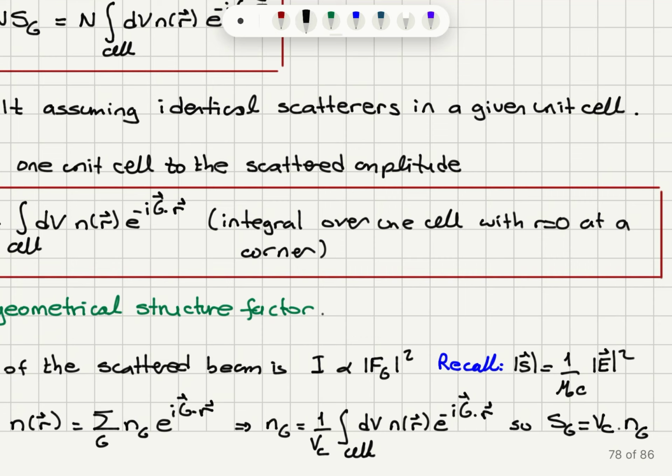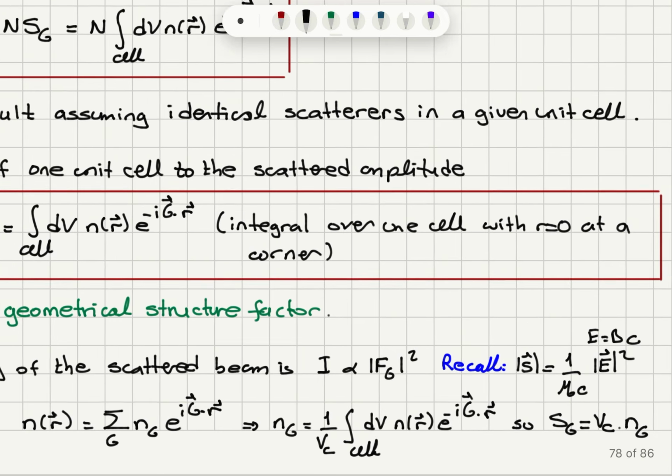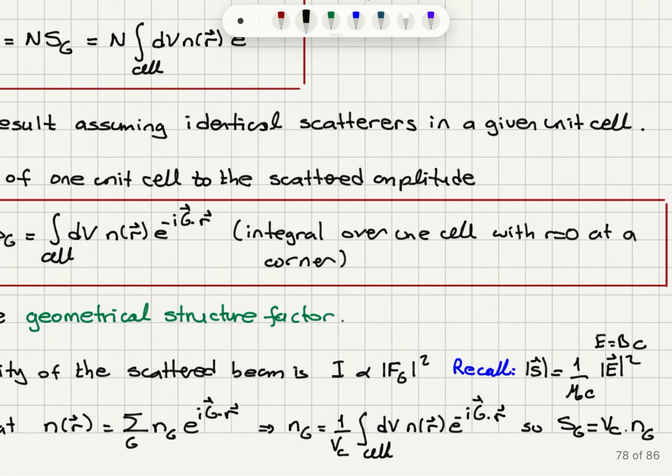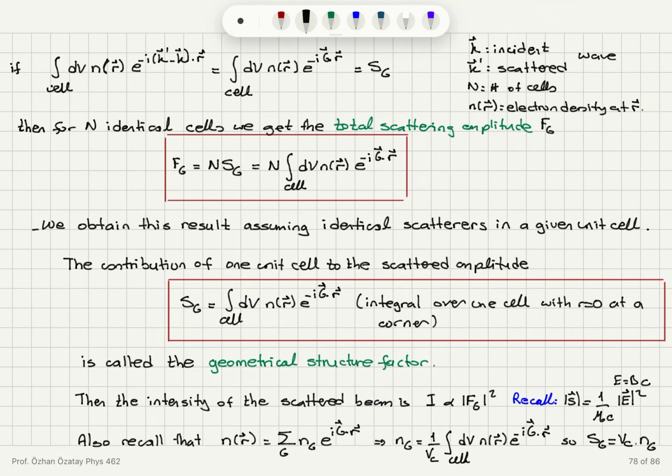E is equal to BC in an electromagnetic wave, and we have the intensity, the power per area, proportional to the amplitude of the electric field component squared. So that's similar to this. This electric field component is related to the electron concentration, and the intensity is given by the total scattering amplitude squared. Okay, so now we have the concept of the geometrical structure factor, which is giving us